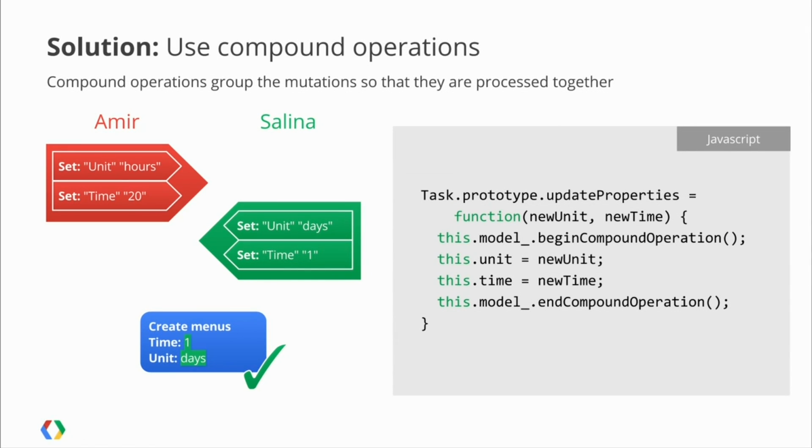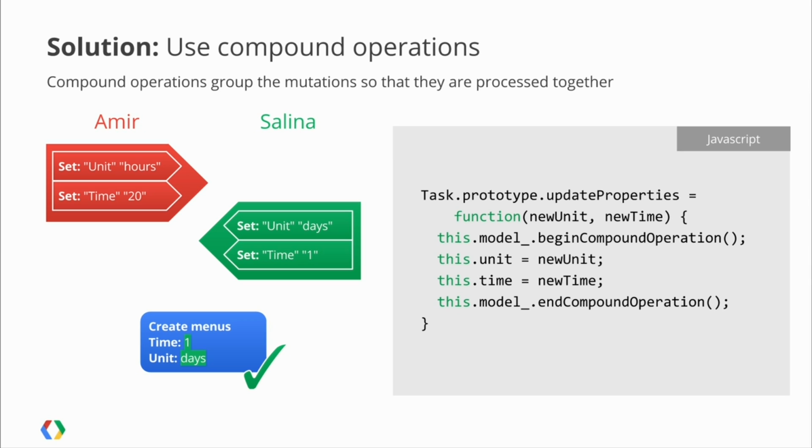So what do we do? We solved this with a concept called compound operations. A compound operation is a way to tell us that these mutations belong to a set and should be applied together at the same time. So all you do to create a compound operation is tell the model you're beginning one, and then you go and make a bunch of changes to your data model, like setting the units or the time,